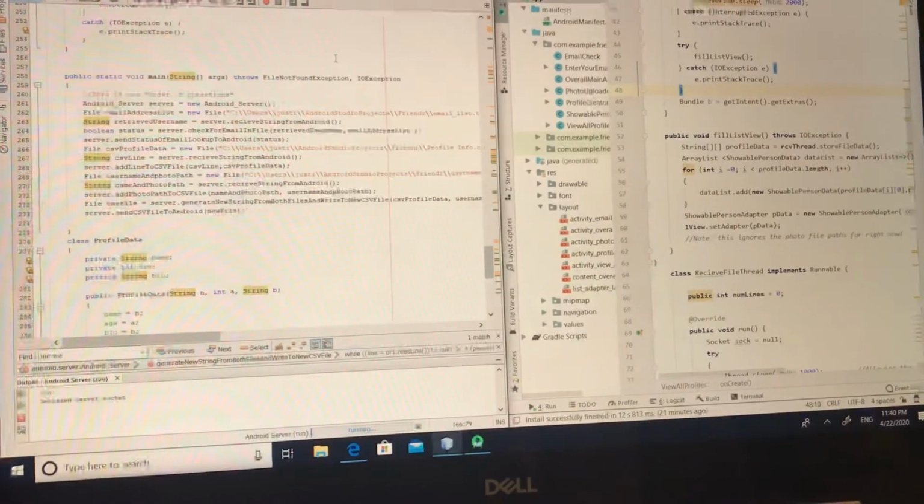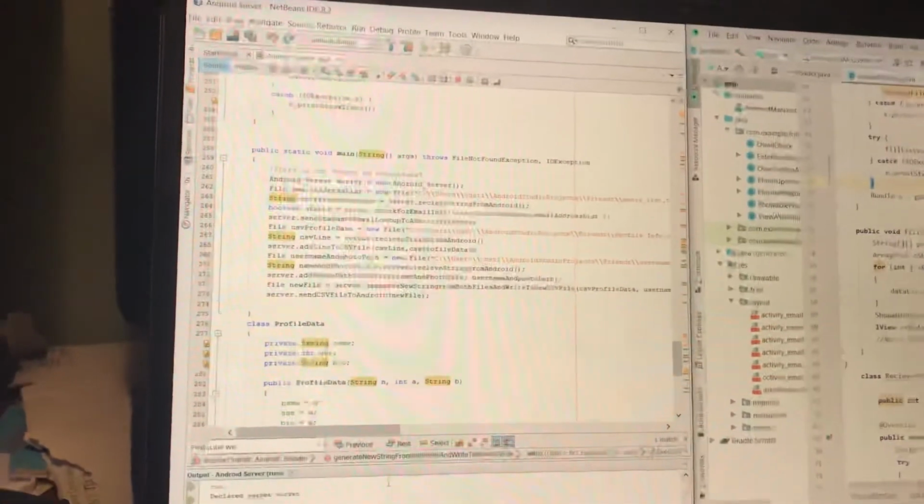But without further ado, let us start. We'll start by running our server. We have our server running now. We've declared our server socket, and we're going to